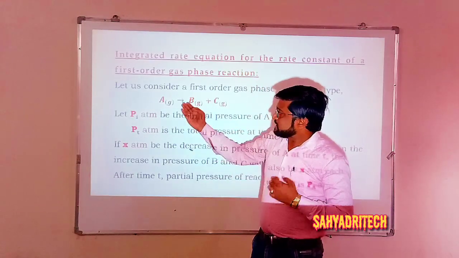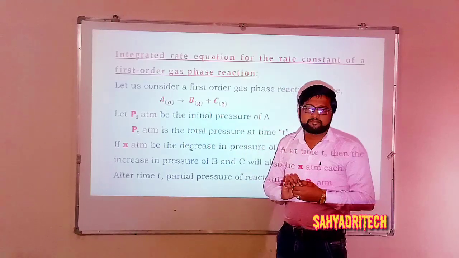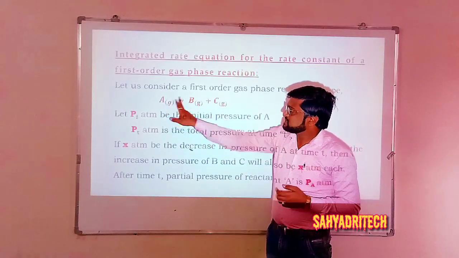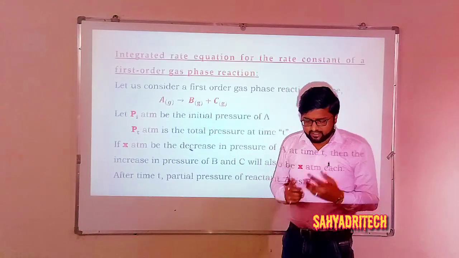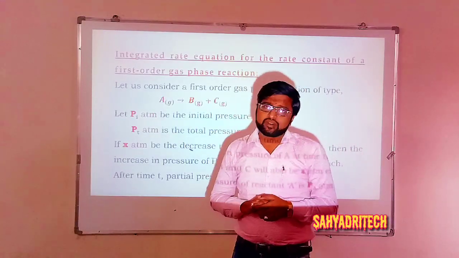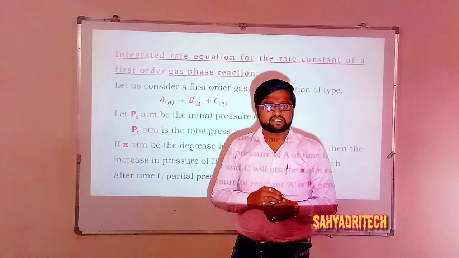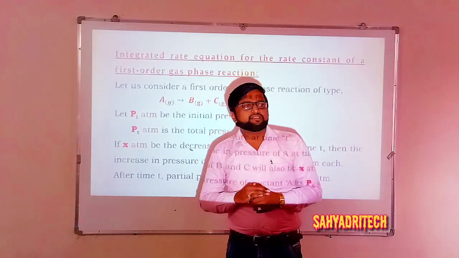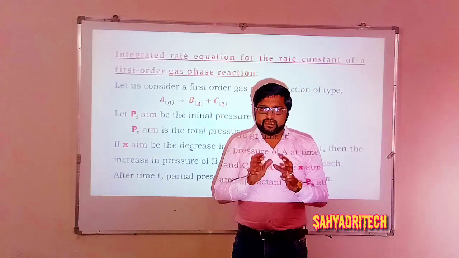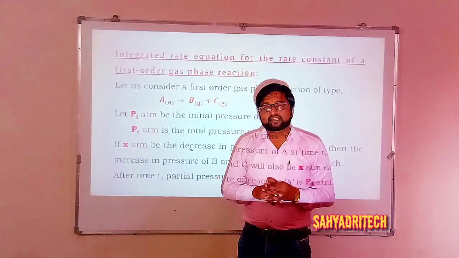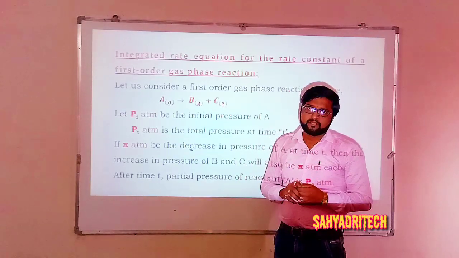Okay. Well, I considered a general gaseous equation of A gives rise to B plus C. Say A is a gas, B is also a gaseous species, and C is also a gaseous species. We know that concentrations of gaseous reactants and products are specified in terms of their partial pressures. As I said already, other than the gaseous phase, concentrations are specified as molar concentration, while for gaseous reactants and products, their concentrations are specified in terms of respective partial pressures.